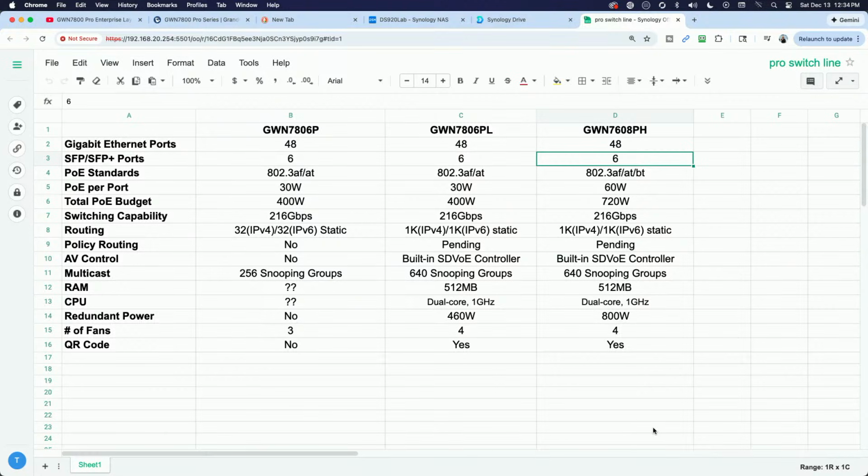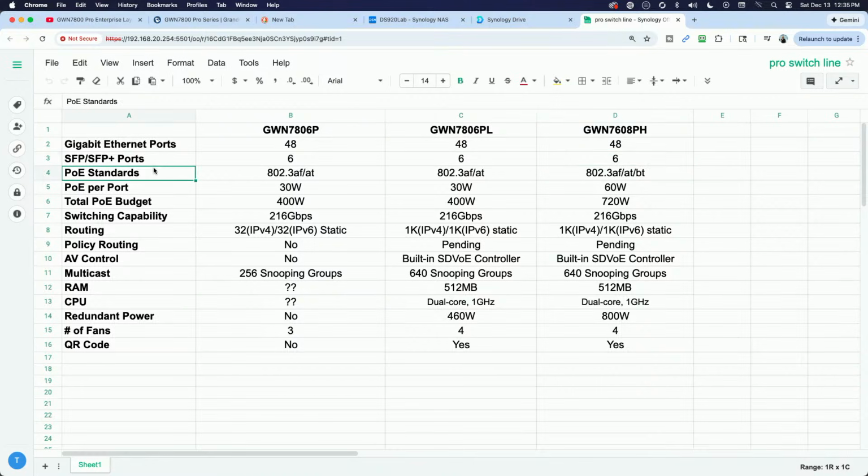On the newer Pro switches, the smaller models like the 7801P, some of the SFP ports are 2.5 gig ports, but on the 48 port model, you get 6 SFP plus ports.